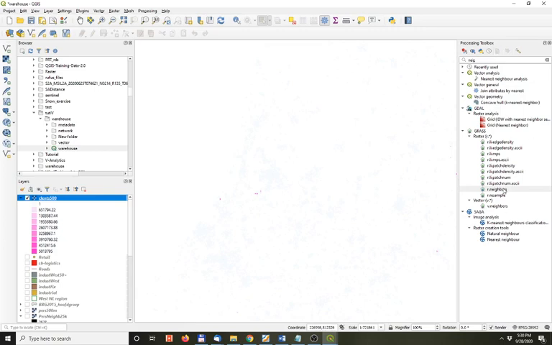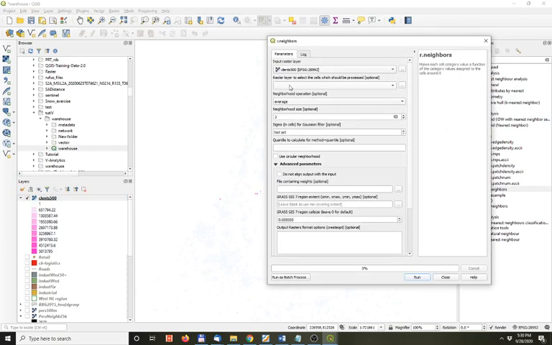We do it again with our neighbors tool, where we say our clients 500. We say we want to sum the floor space, and we want to add here 40 kilometers. Think for yourself a little bit what is the value you have to put in here. Remember, the neighborhood size is in raster cells, and the raster cells are 500 meters. So how many 500 meters do we need to have for 40 kilometers? I'm going to put in a value here, but you have to think for yourself what value you need. Use a circle neighborhood,